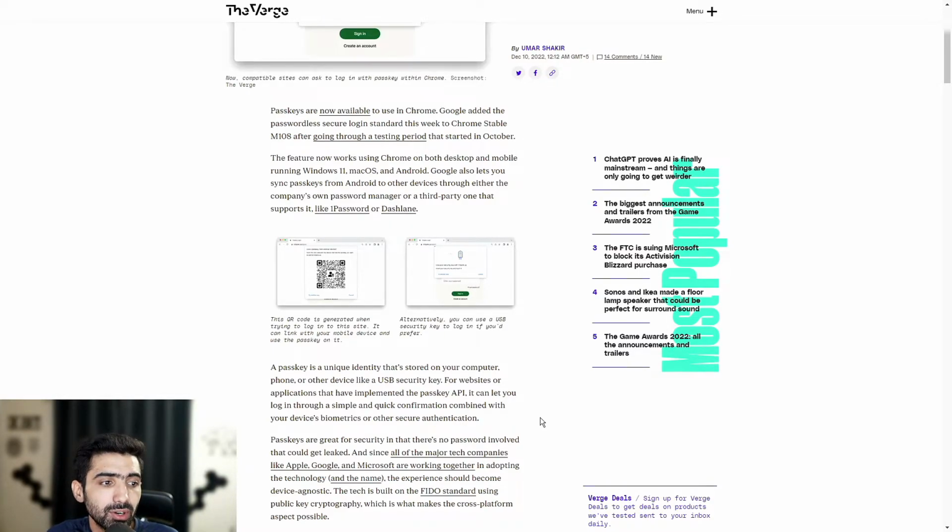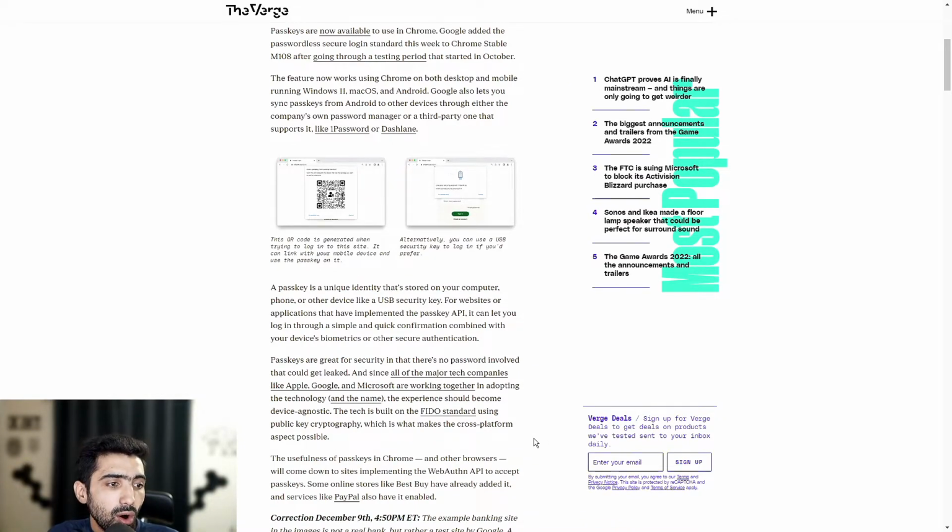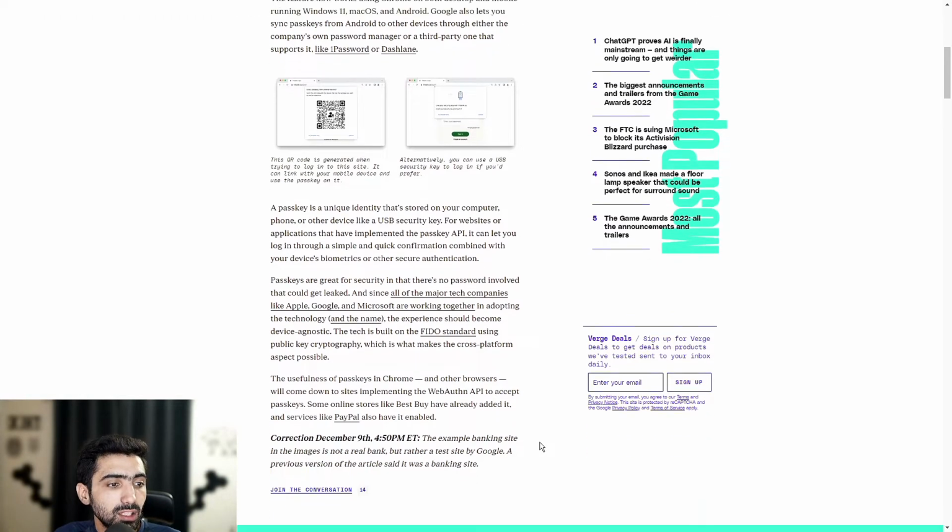Passkeys are great for security in that there's no password involved that could get leaked, like I said, and since all of the major tech companies like Apple, Google, and Microsoft are working together in adopting the technology and the name, the experience should become device-agnostic. The tech is built on the FIDO standard using public key cryptography, which is what makes the cross-platform aspect possible. The usefulness of passkeys in Chrome and other browsers will come down to sites implementing the WebAuthn API